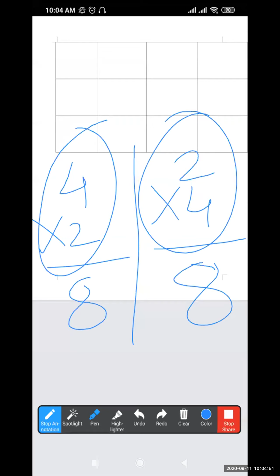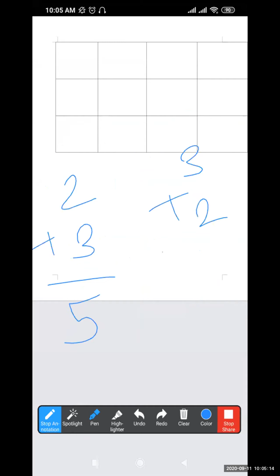Got it? The same as addition. Suppose for example I do 2 + 3, right? If I add 2 + 3, what is the answer? It's 5, right? And if I change the numbers there, up number down, down number up, that means 3 + 2, what answer will you be getting? 3 + 2 is also 5. So that is why there is a relation between multiplication and addition, right?